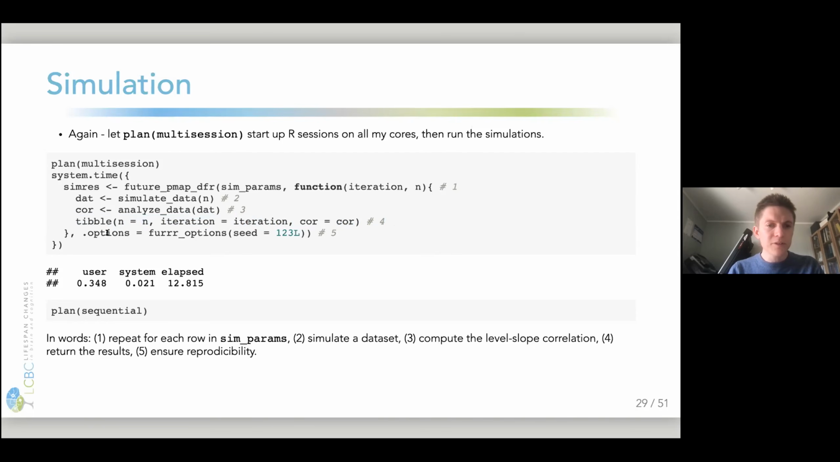And then in my options, I set the random number seed again, just so that I can be sure I get the same results. I mean, it's not always a good idea to set the seed, because it shouldn't matter for your conclusions, but sometimes, you know, you would like to have exactly the same things again. And again, I get back to sequential. So this took about 12 seconds on my Mac